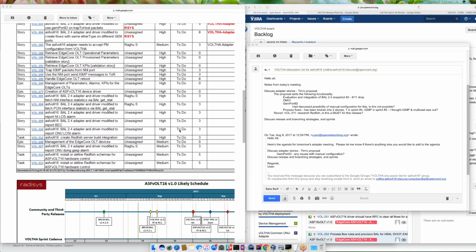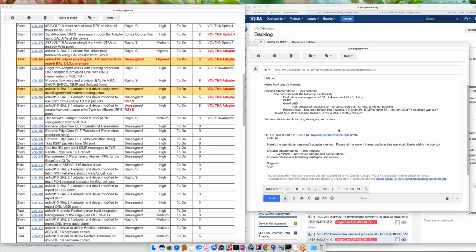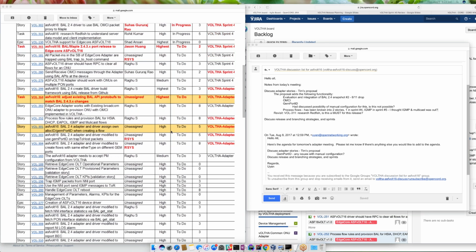So for the agenda today, we're going to go over Tim's proposal and then discuss the release and branching strategies and sprints that we're going to use for the adapter work, based upon our agreement on what stories will be within scope. So in taking a look at the items that are highlighted in red,